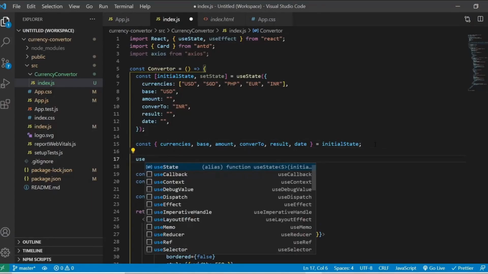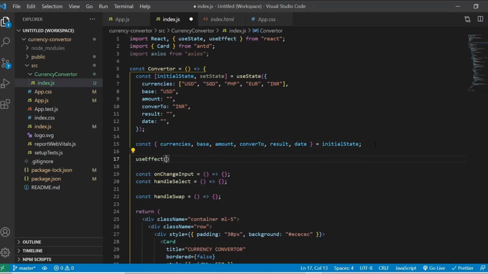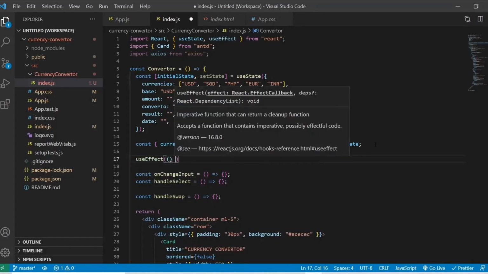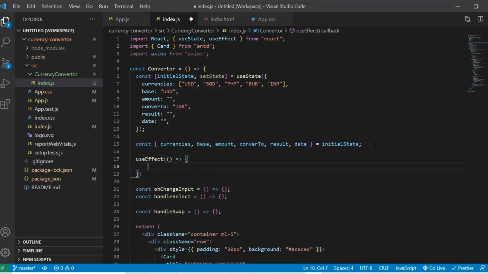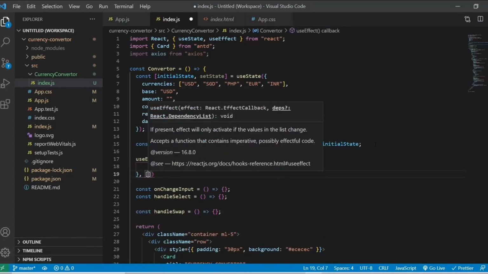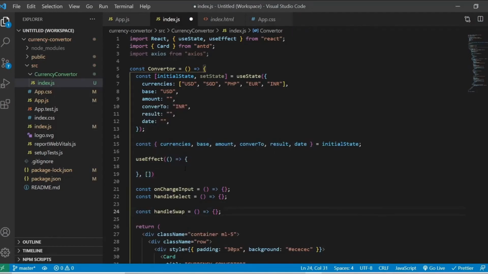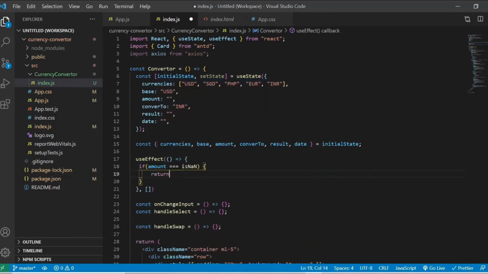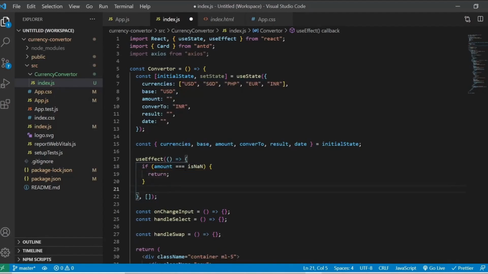So I'm going to use a useEffect to make the API call here. The API call happens only in useEffect. So inside useEffect I will check if amount is none, then I'll just return, meaning the rest of the code will not execute.